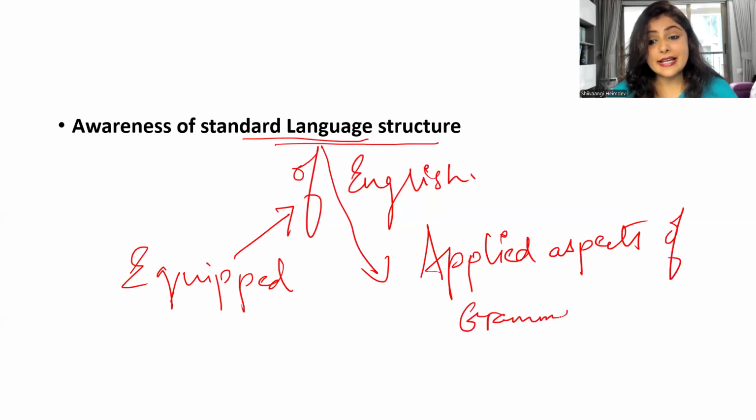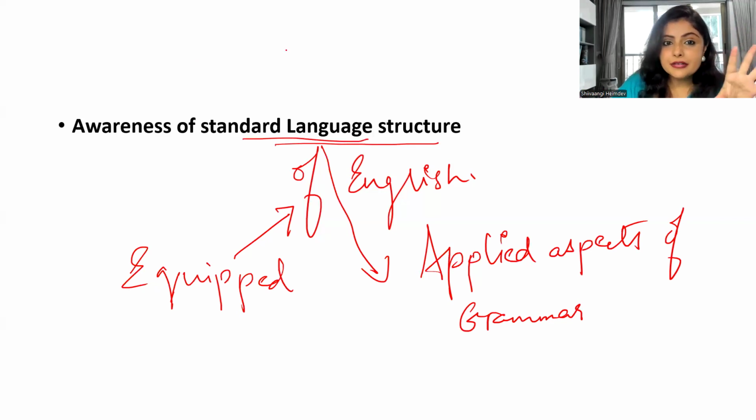I am not saying grammar, my friends. Please note, I'm not talking about grammar. What am I talking about? I'm talking about the applied aspects of grammar. At this point, I am not concerned whether you know what a noun is or what the types of nouns are. Of course, we all know that. But even with that level of knowledge, we do not gain fluency. Why do we have that problem?